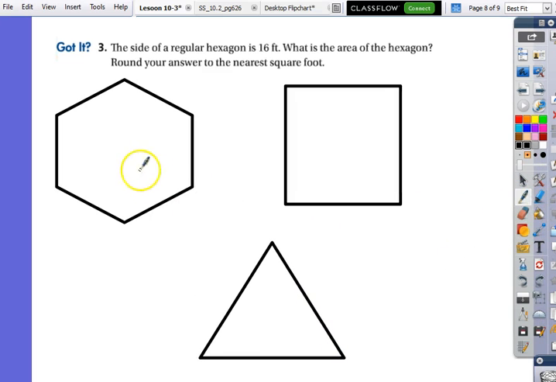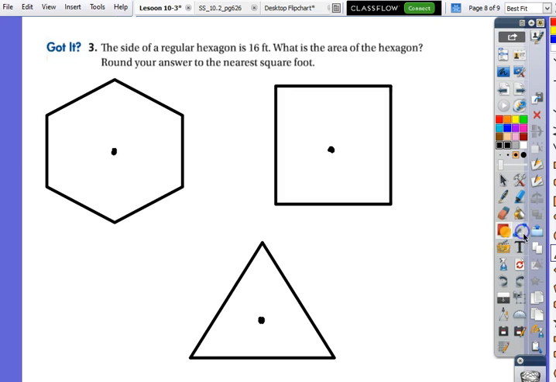So if I were to go and mark the centers in all of these figures right here, and then find the radii, with the apothem, in a hexagon,